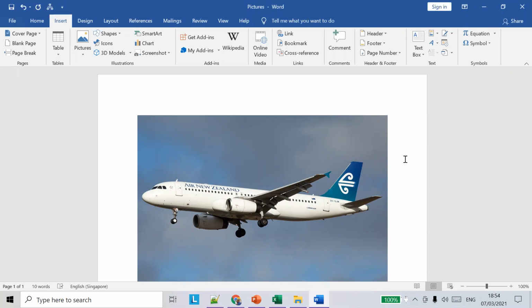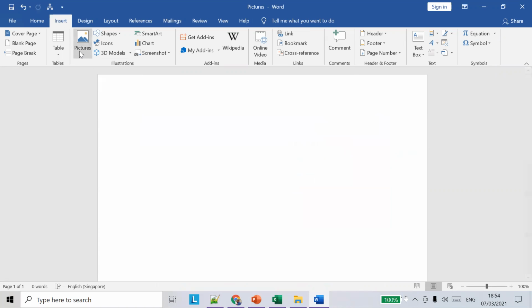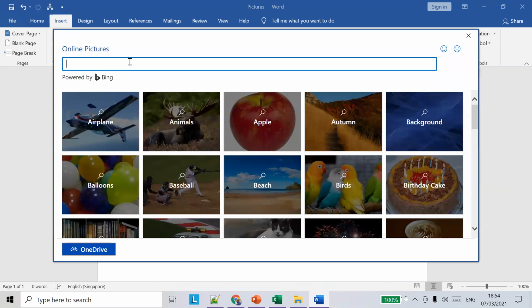Yeah, we can do it. Yeah. So all you have to do is search for the appropriate picture. Okay. So his question was whether he wants to insert any safety picture. Okay. So let's try this something from Bing.com. So go to online pictures. So you want to look for safety, right? Safety images, huh?